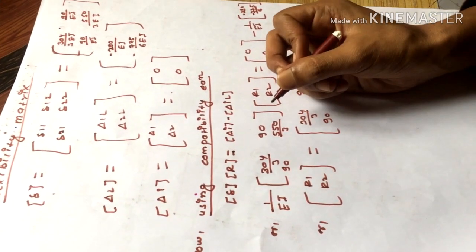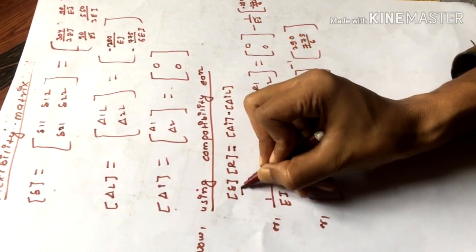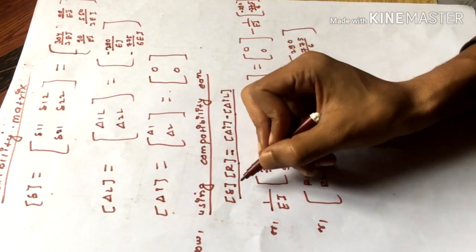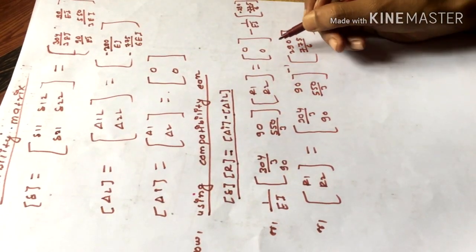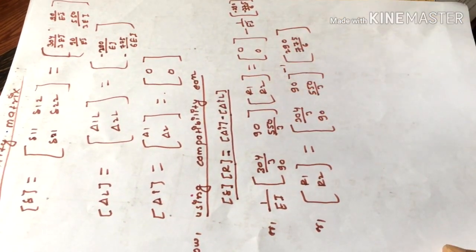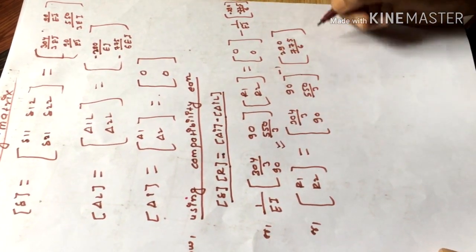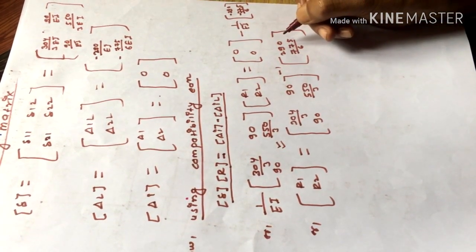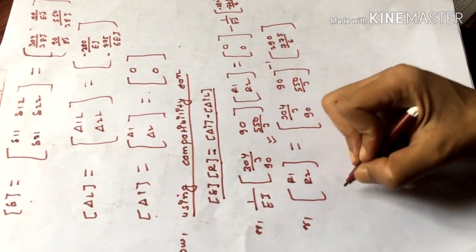According to the compatibility equation, let us mark this formula, always keep it in mind. Now let us substitute the values of all these matrices, and for calculating R1 and R2, let us take it to the right portion of the equal side, so it becomes inverse. On using the calculator,